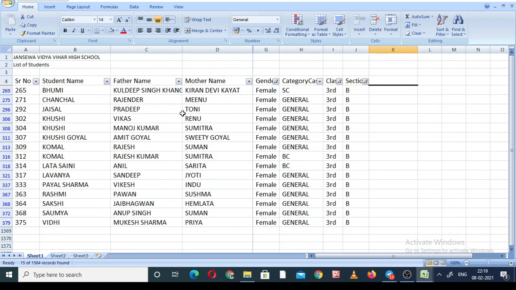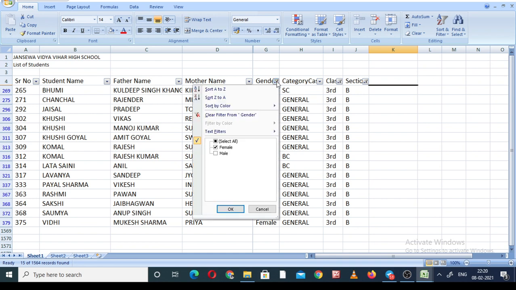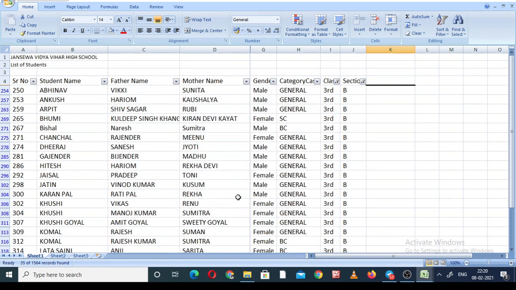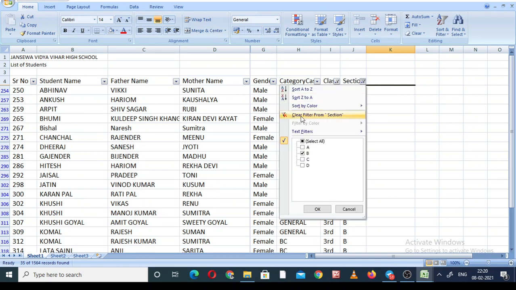Next, we would like all 1700 students to come back. So how is it possible? Go to the gender, select all. So now what happened? Class 3rd, section B, all students, meaning the boys and the girls. The next one, we click on the section and select all sections.